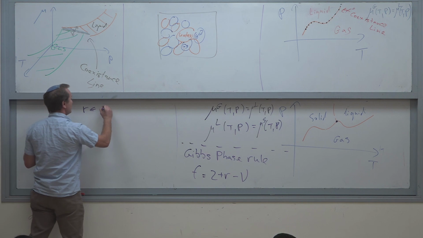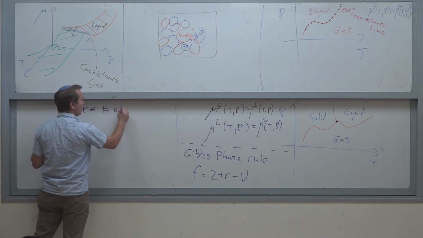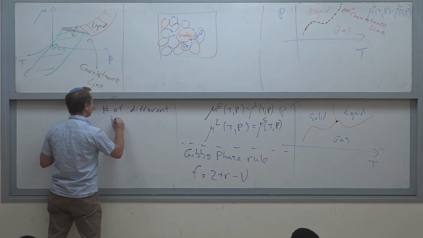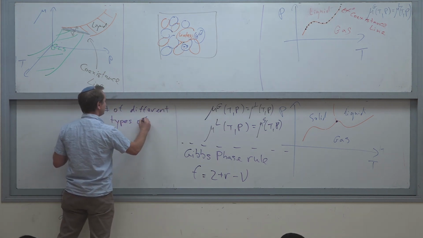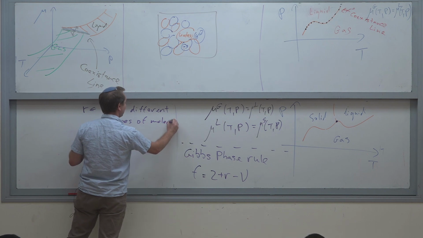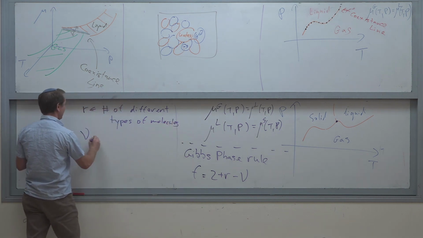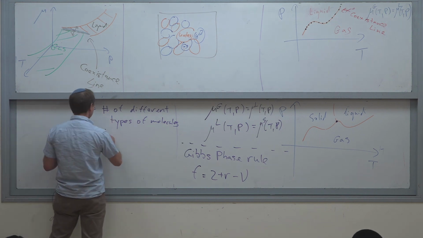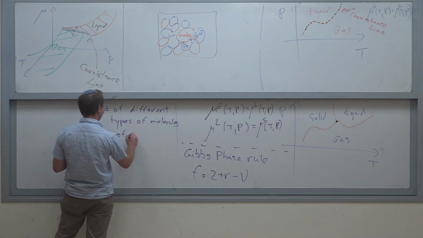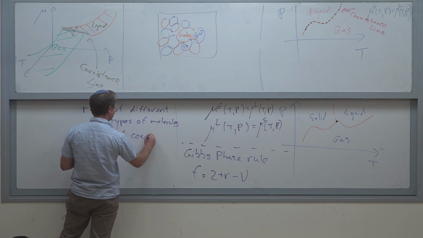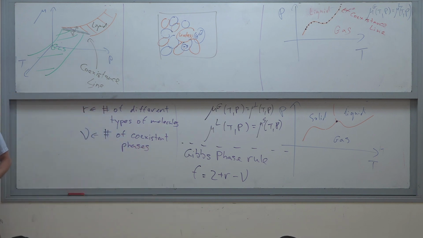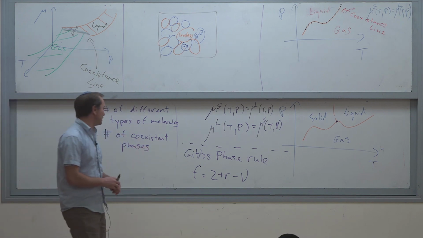R, the number of different types of molecules, and nu, it's ni, right? Ni, yep. Number of coexistent phases. Okay? This is the Gibbs phase rule that one can use in order to understand what is